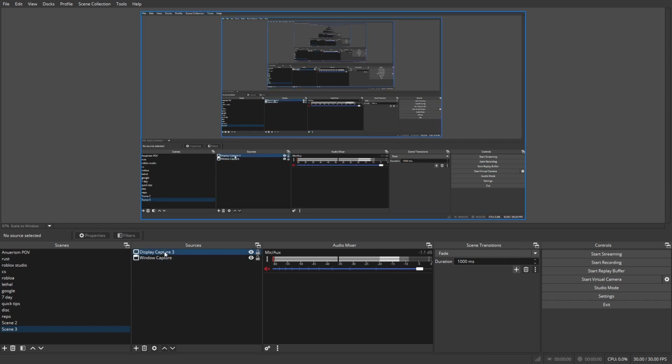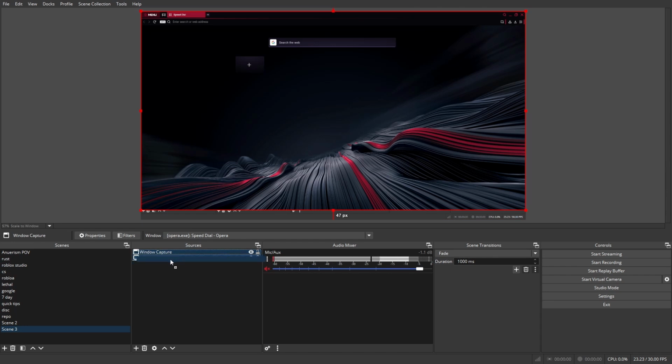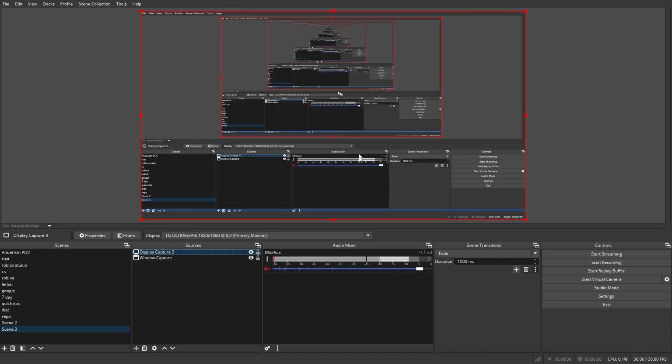Without further ado, what you're going to want to do is look at your display capture source. So if I look here, you can see this is my display capture. It's showing my entire screen. Now, obviously, if you only want to capture one app, you can use something like the window capture, but I'll assume that that's not what you want to do, and instead you just want to capture a part of your